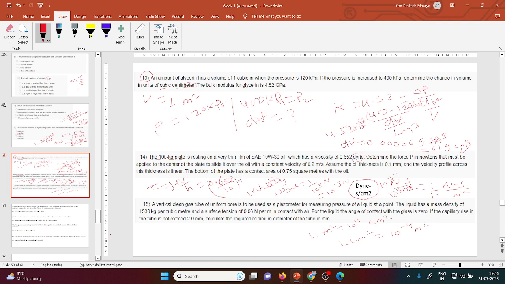Then the velocity you have is 0.2 meter per second, and the thickness is 0.1 mm, so you need to put it in meter. Then you calculate the answer. I think everyone got what I have been explaining. 0.0652